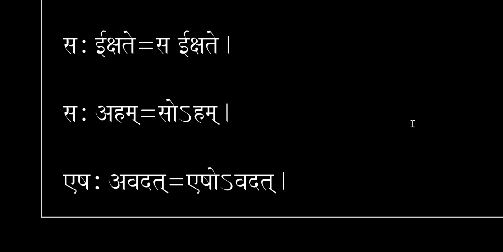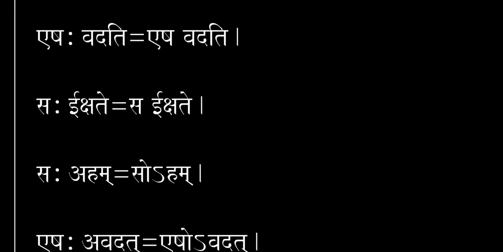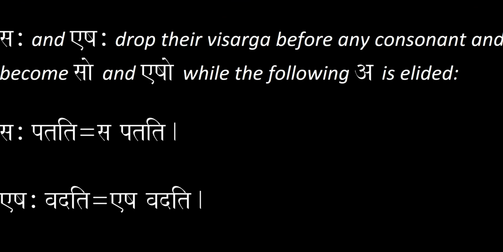Then you have eshah avadat becomes esho'vadat, again for the same reason, because it is preceded by an a, so that a gets elided and then the one before it stays while the visarga turns into the o vowel sign. So these are the conditions for